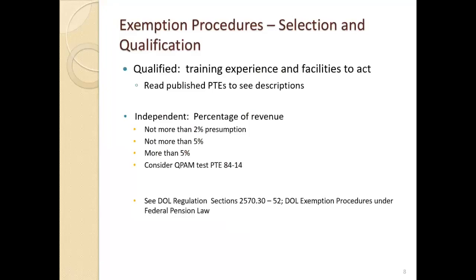And there are some tests here. The definition kind of relates on revenue. It looks at taxable income and revenues, and there's a presumption that if you don't exceed a 2% limit, you're okay. If you're between 2 and 5%, it could be a problem, a little more of an argument perhaps, and it kind of presumes over 5%, that's a problem. And so that's a totally different test than what you see, for example, in the QPAM